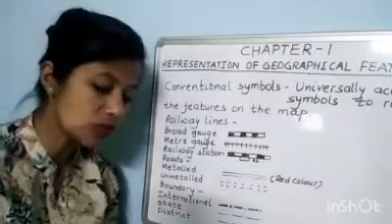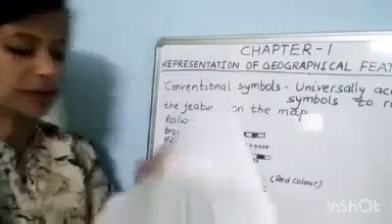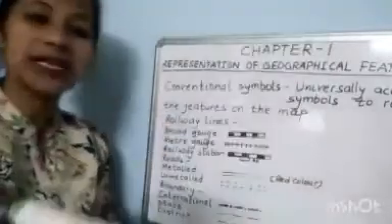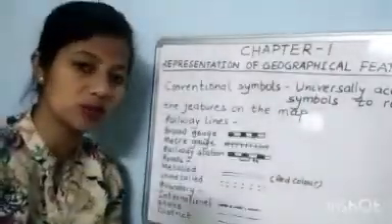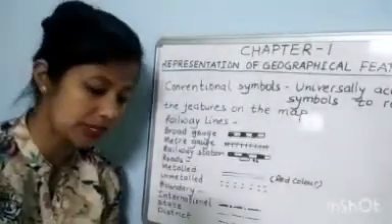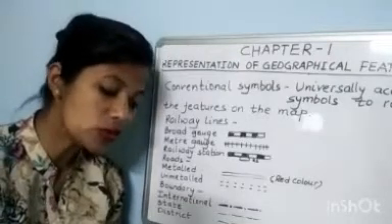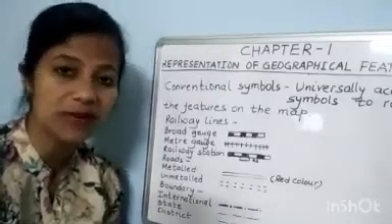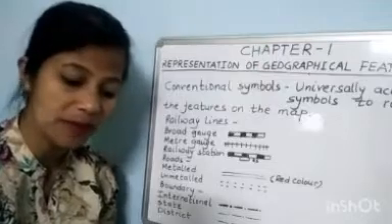Name the 3 methods of representing scale of map. Here in short answer type questions, if this question has been given, that time you just have to write their names only. No need to explain. What are topographical maps? Topographical maps are large scale maps.